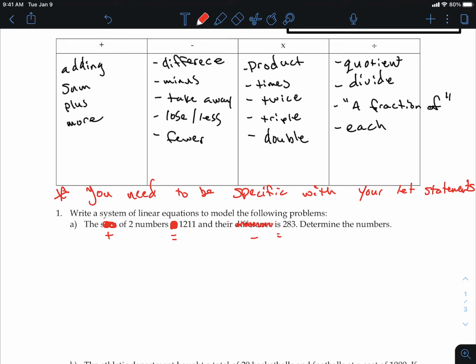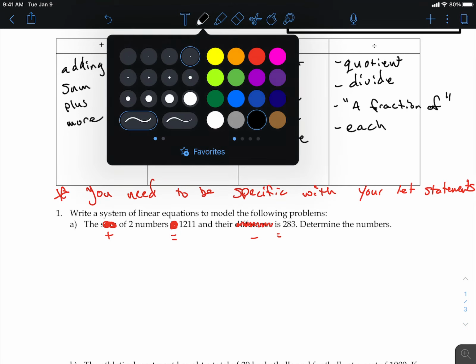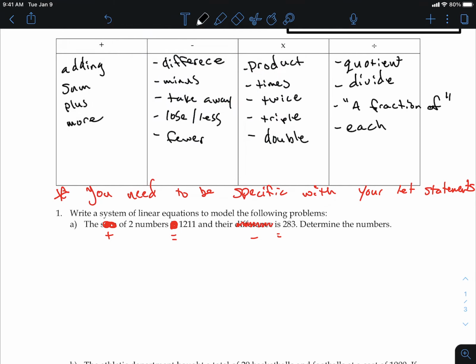Now, you're going to write two let statements here. These ones are pretty straightforward. Anytime you have the two number questions, one of them is going to be let x represent, you could even be specific, the bigger number. And let y